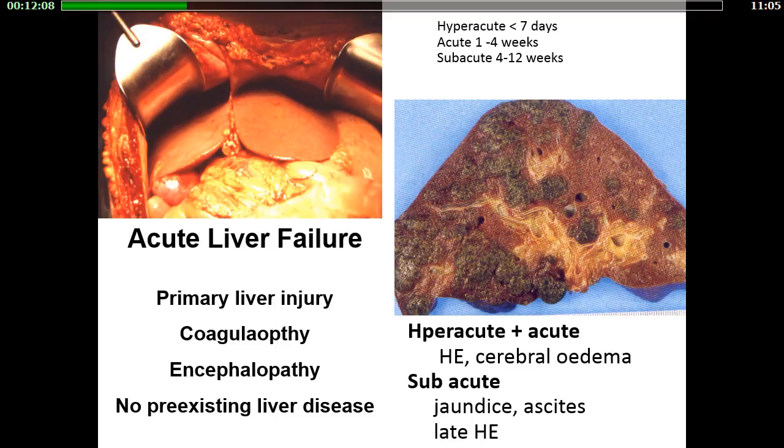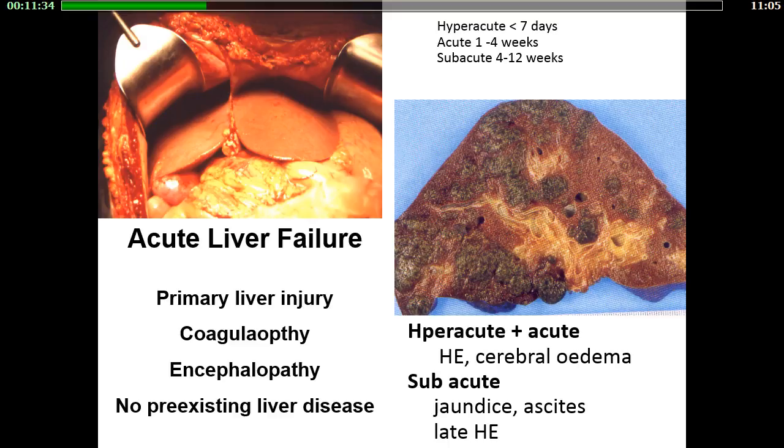And these are the sort of pictures one sees. This is a hyperacute liver failure, that of acetaminophen or paracetamol. This is subacute liver failure, and it can get very easily confused with chronic liver disease. These patients can have ascites. When you ultrasound their liver, it can look knobbly. This area is where the liver is collapsed and effectively dying and fibrotic. These are bits of liver that are trying to regenerate, and they can look like nodules or cirrhosis when you ultrasound. So clinical history is everything.